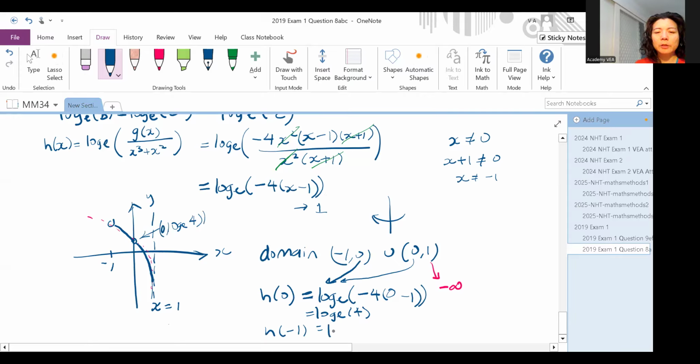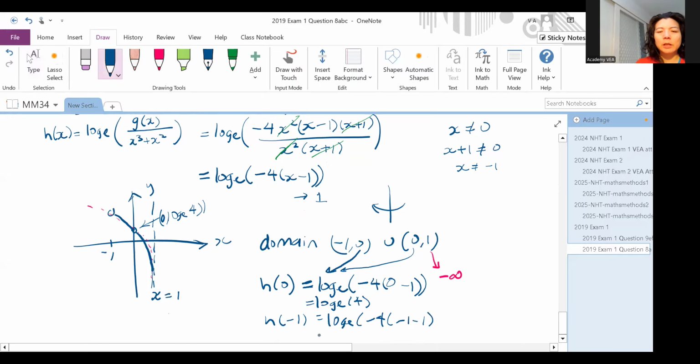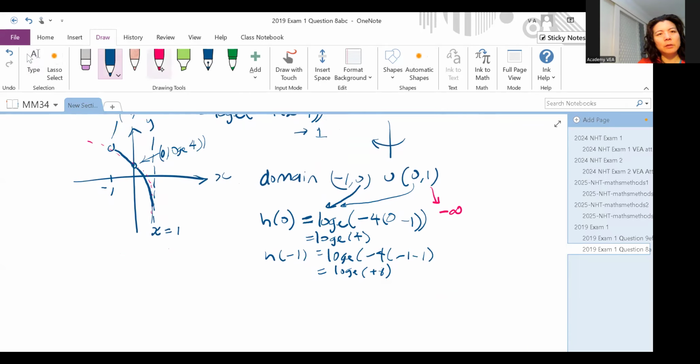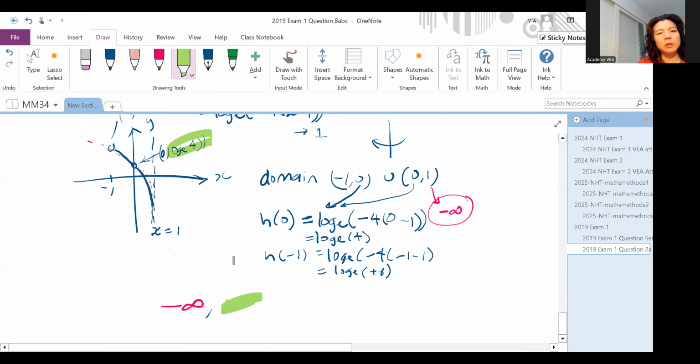And then h of negative 1 is log to the base e of negative 4, negative 1 minus 1. And that would give us log e of negative 4 times negative 2, which is positive 8. So that's negative 1, log e of positive 8. So our range is going to be, in increasing order, we start here, negative infinity up to this value here, which is log e of 4,